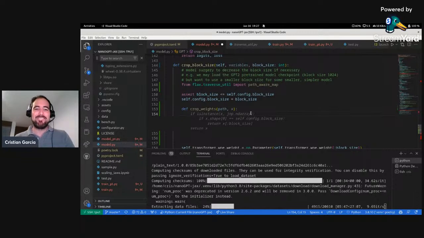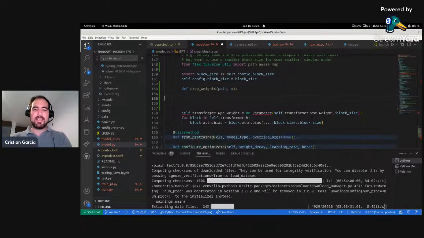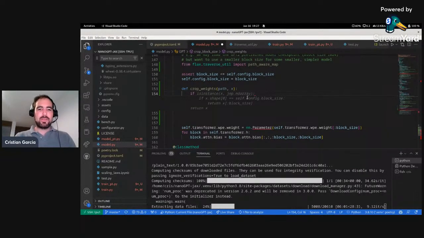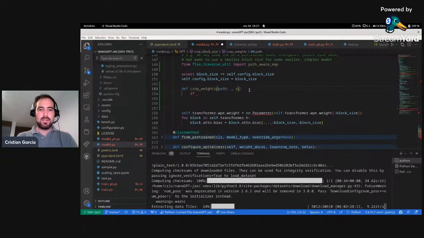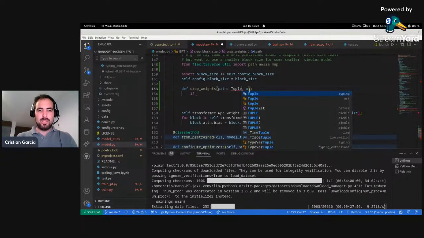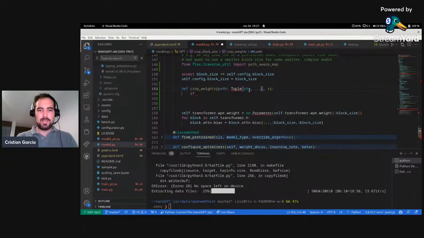But for now, in Flax we have this function, and what we can try to do is, yeah, just detect if we're in one of these cases. So by the way, path here is like a tuple of strings. So we can say something like, if